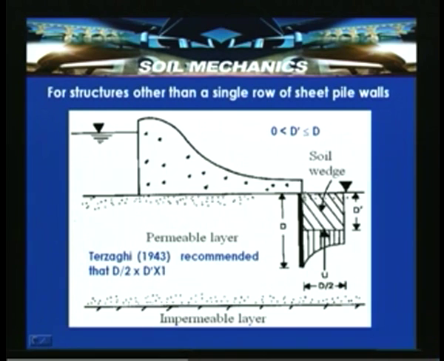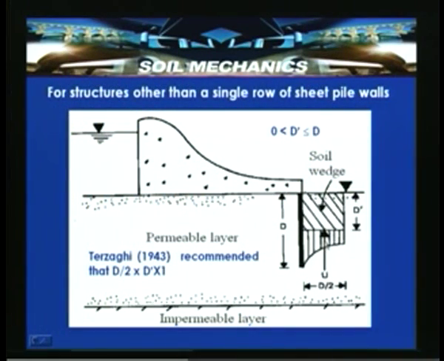In such situations, for a masonry pier with a cutoff sheet pile wall, according to Terzaghi in 1943, D dash is the zone of the possible soil wedge or possible failure zone, where the uplift exists. Using a similar procedure, this is approximated as d by 2, that is this width, and d dash. So, the d dash value has been said to be 0 to d. Recent work by Harza 1962 mentioned that for a factor of safety of 4, d dash can be equal to up to d.